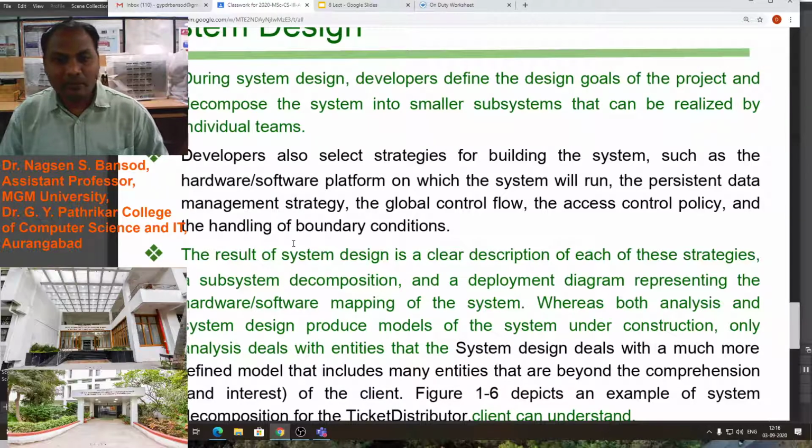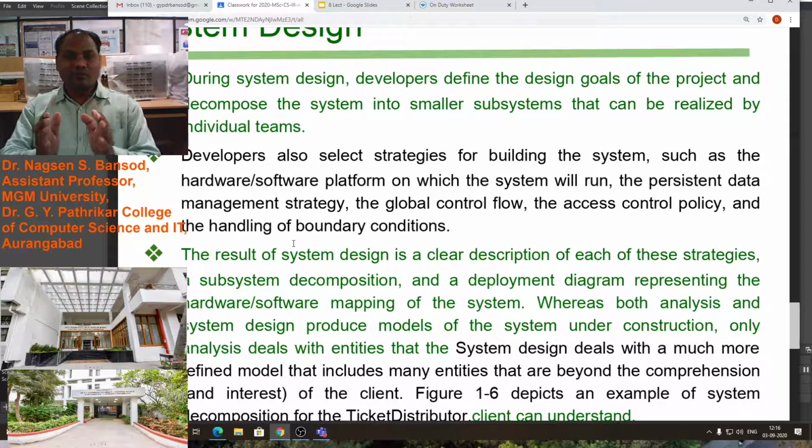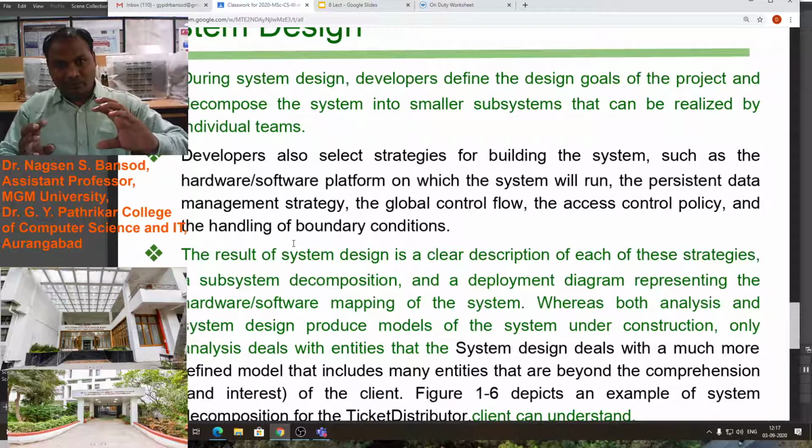And handling the boundary conditions means what the user can do. Suppose we have already designed software as a ticket distribution machine, then who will handle that machine, who will handle the transactions of that machine, like taking a ticket and inserting money into the machine, and who will add the paper into that machine for printing the tickets.